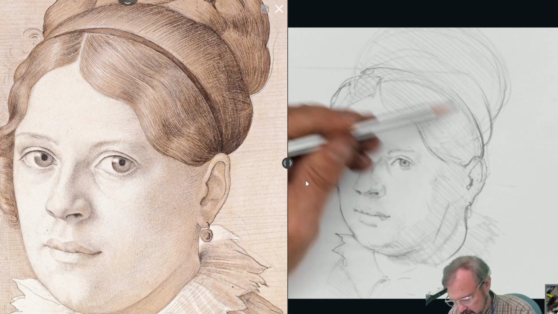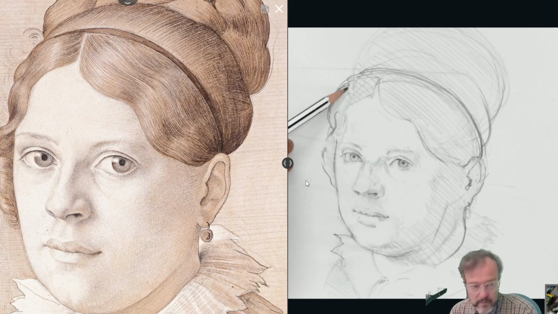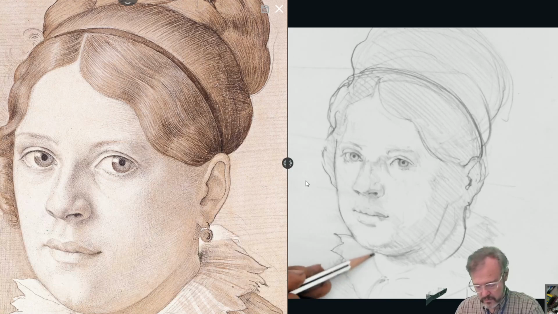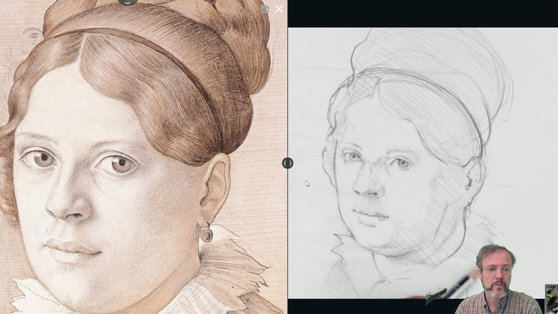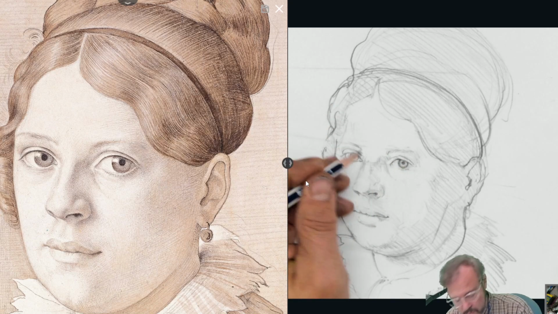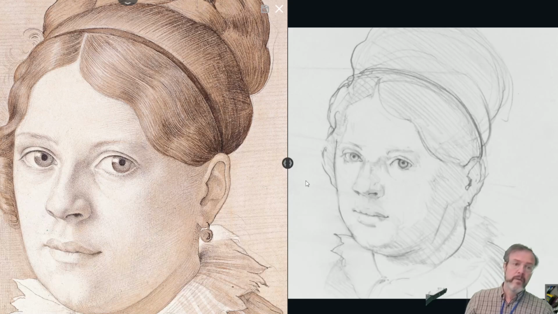And here's this hairband connecting the ear across here, and that's about all I think we're going to have